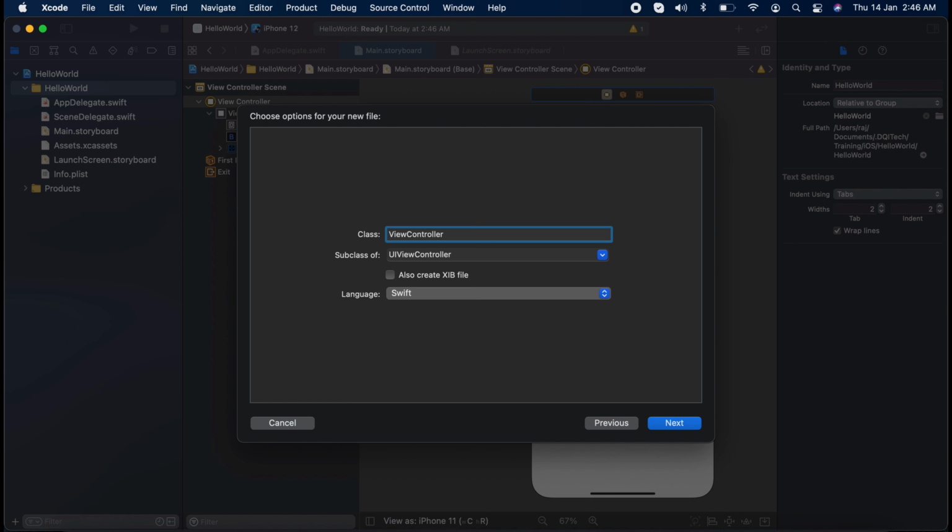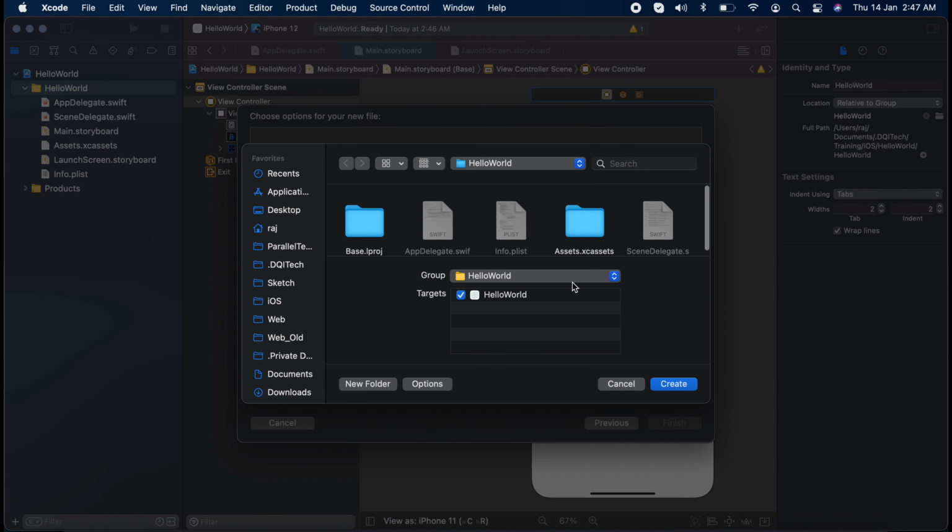And then I'm going to say SayHelloViewController is my class name, and I don't need any XIB file because I already created the scene here. And then make sure you choose language as Swift. Click next. Make sure this target is always checked, since this class is going to act as a controller, it has to be attached to this target, and click create.